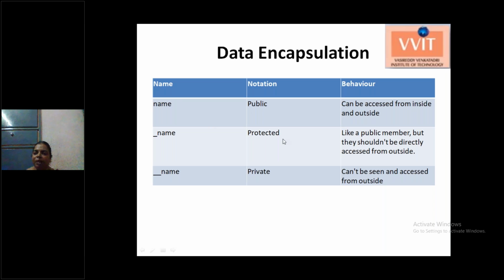The protected variable we declare with one single underscore, so the variable name is prefixed by one single underscore symbol. Then that variable is considered a protected variable in the Python programming language.